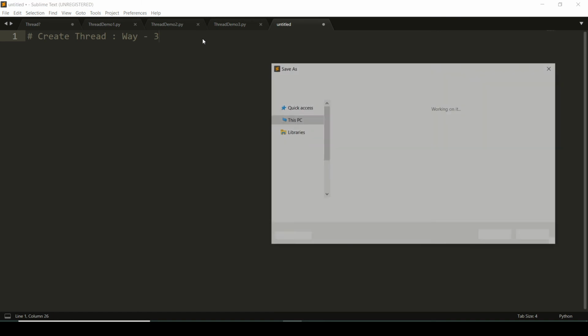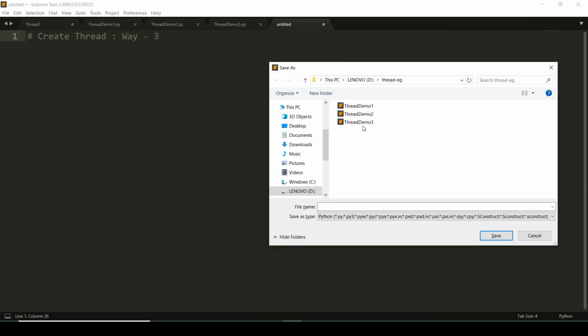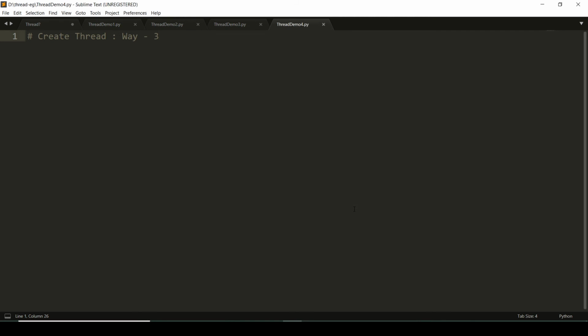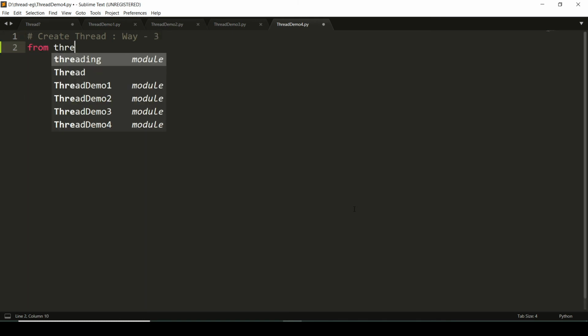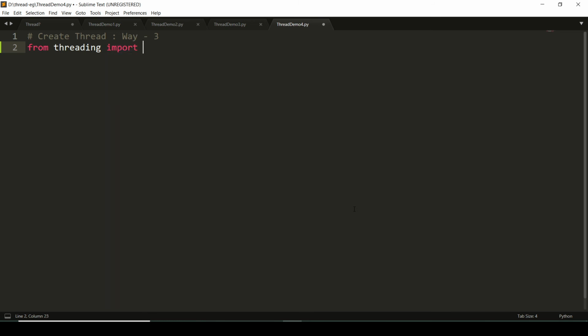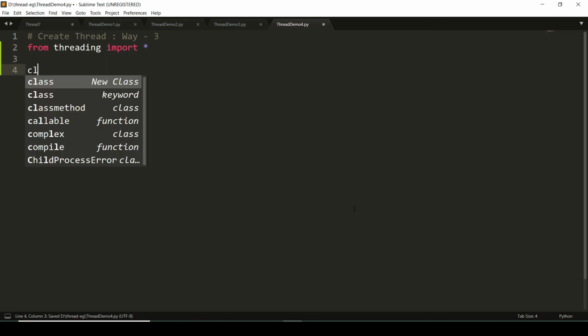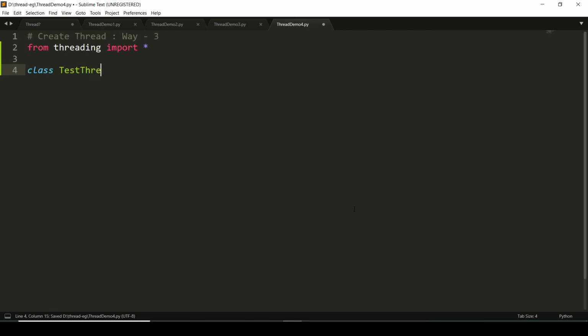Now let us see the third way of creating a thread in Python. Way 3, thread_demo4. In this way, we will be creating a class which will not be derived from the built-in class Thread. From threading import *. Class TestThread.